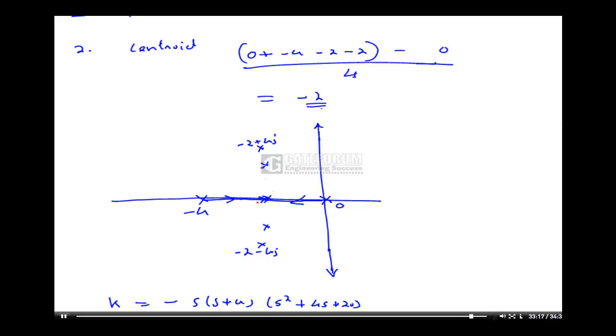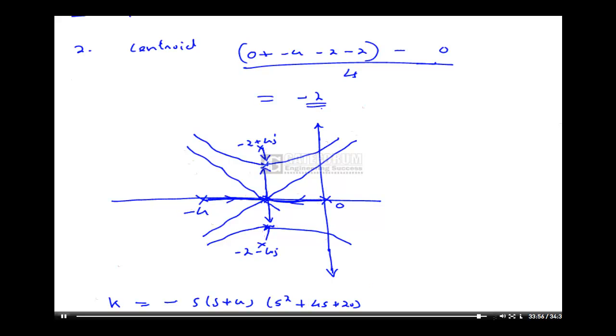So these two poles will come together. From there they will break away at an angle of 90 degrees. After meeting at this point, one pole will go here and the other pole will go here. Similarly here. In this case, the centroid is also minus 2. Centroid can be drawn somewhere like this. Asymptotes are drawn somewhere like this. So this is a root locus plot